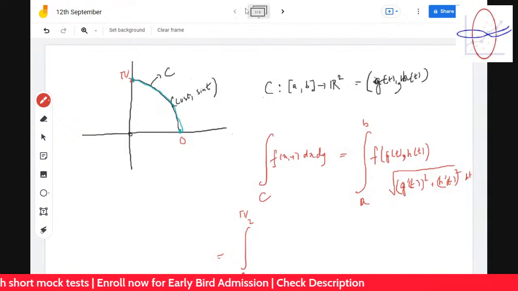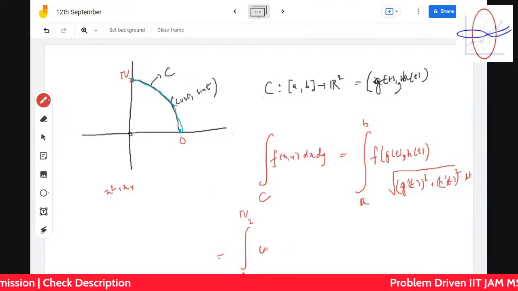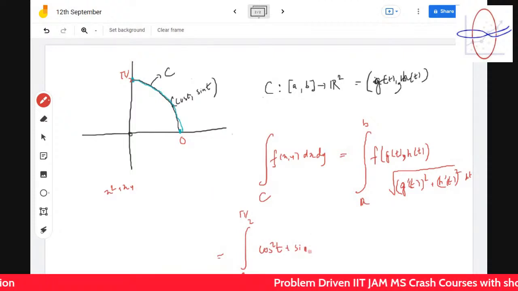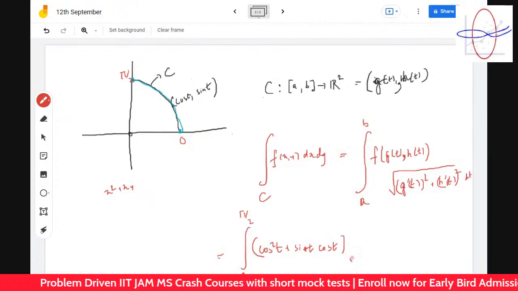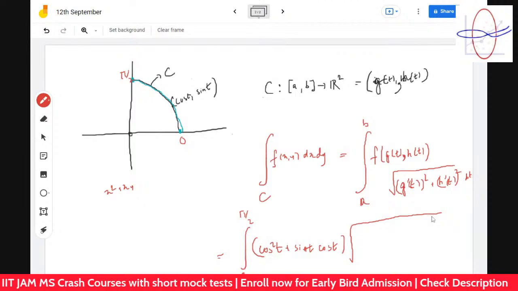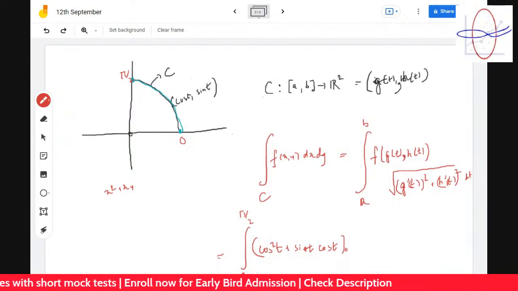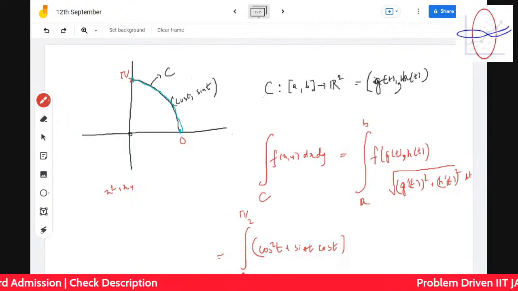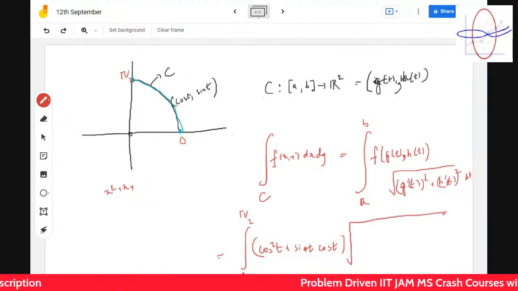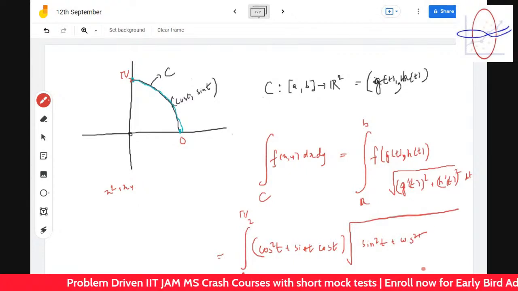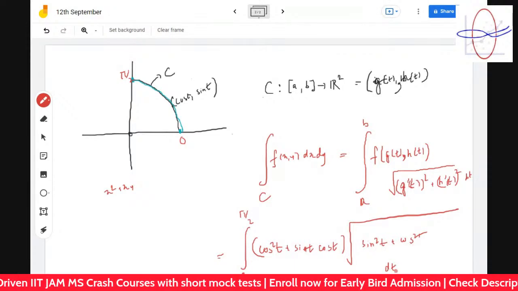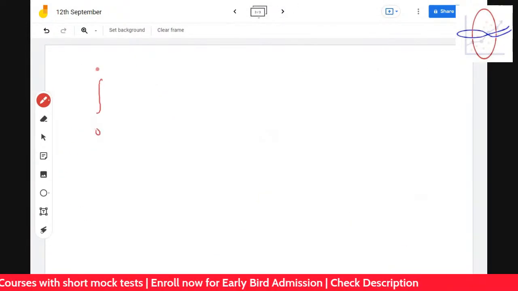Okay, by the way, f of x comma y is x square plus xy. So it will be cos square t plus sin t cos t, times the integration over cos t dash whole square plus sin t dash whole square. That means it's again sin square t plus cos square t, which is equal to 1. So this term is turning out to be sin square t plus cos square t whole times dt, and this is turning out to be 1. So we are getting that it's integration 0 to pi by 2